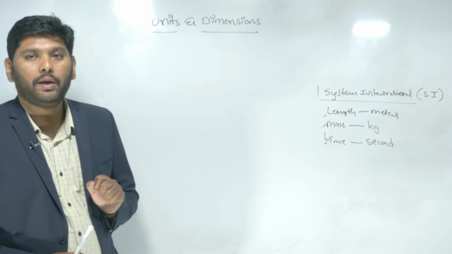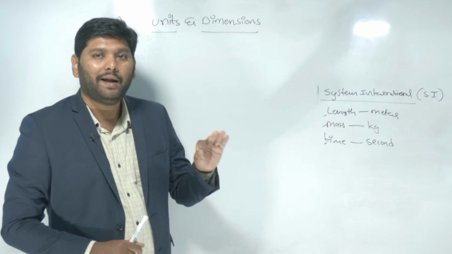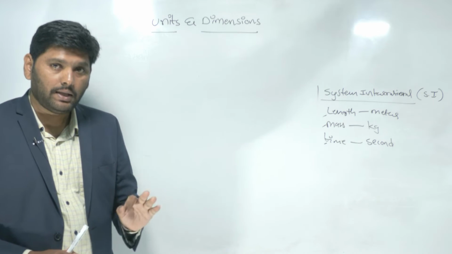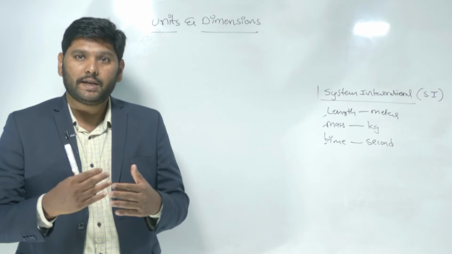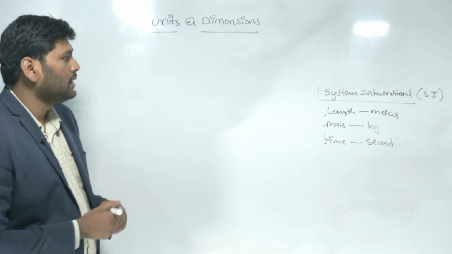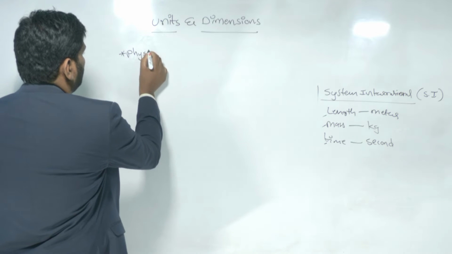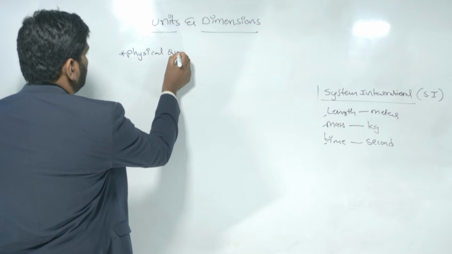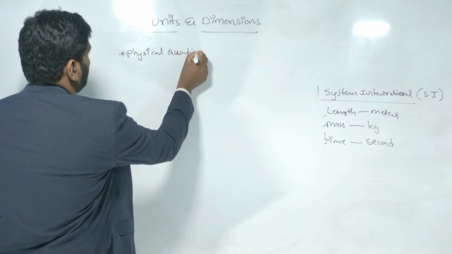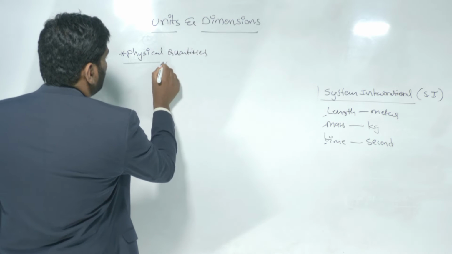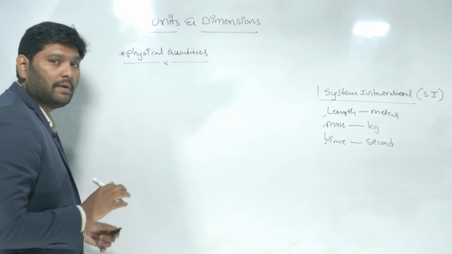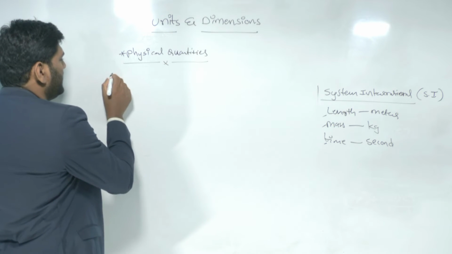I already discussed this in the last class, but once again I am giving the information for you. How many types of physical quantities are there? We have three types. First one is